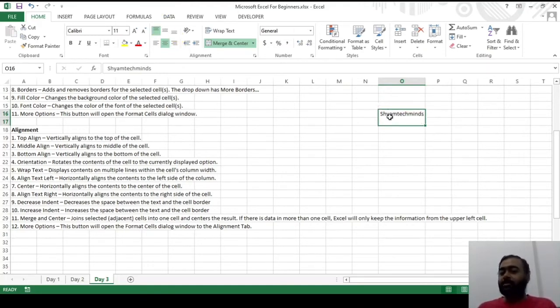If you can see, this particular content has gone to the bottom line. You can see middle, or bottom, and there is even left indent. These are the three: top align, middle align, and bottom align. Next comes the orientations, so in which direction your text should be.